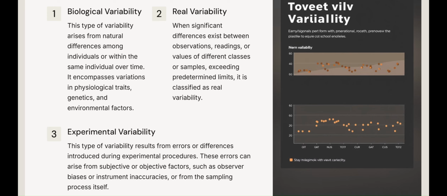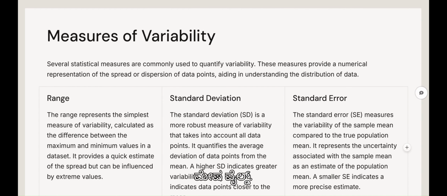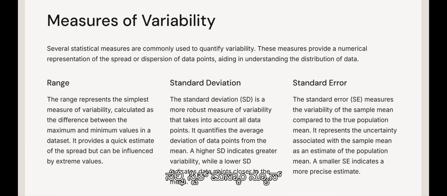Experimental variability. This type of variability results from errors or differences introduced during experimental procedures. These errors can arise from subjective or objective factors, such as observer biases or instrument inaccuracies, or from the sampling process itself. Measures of variability. Several statistical measures are commonly used to quantify variability. These measures provide a numerical representation of the spread or dispersion of data points, aiding in understanding the distribution of